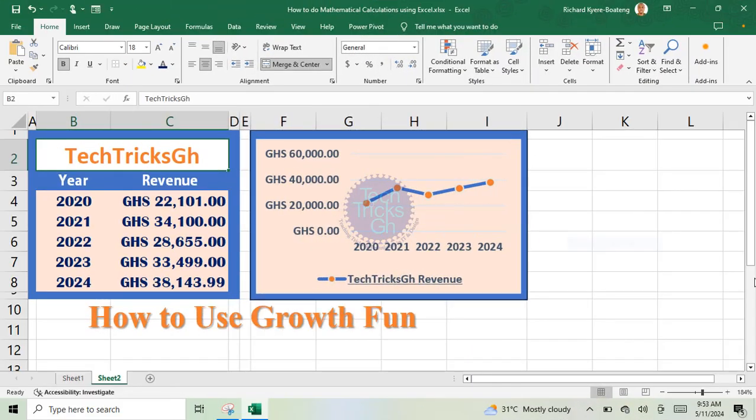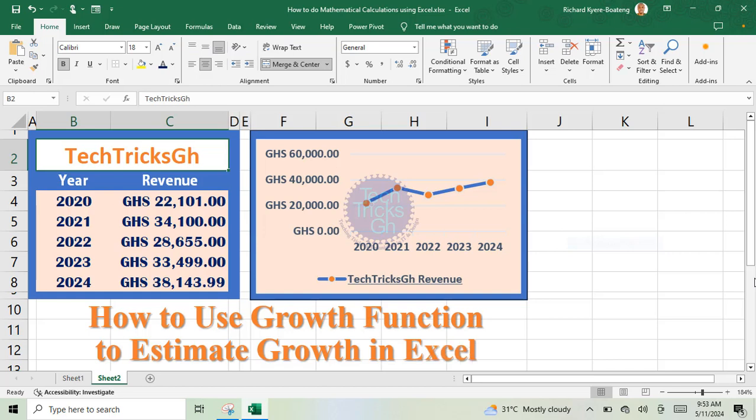How to use the growth function to estimate growth in Excel. The growth function is a statistical tool that predicts business growth by analyzing past data. In this tutorial, we will use it to forecast revenue targets. But it's important to remember that while it can provide valuable insights, it is essential to consider competitive dynamics and